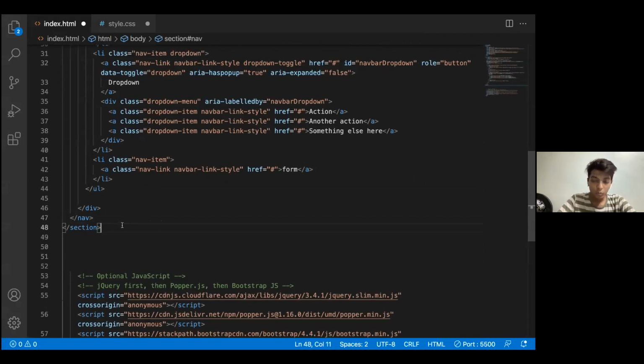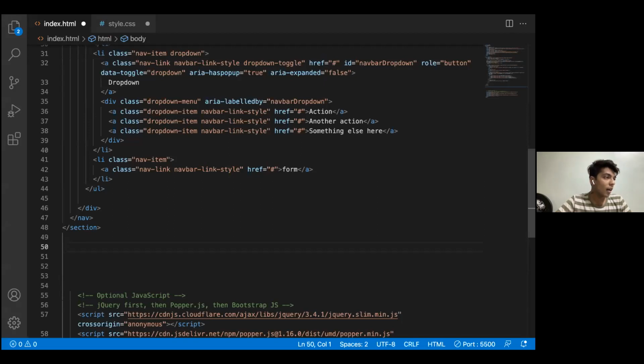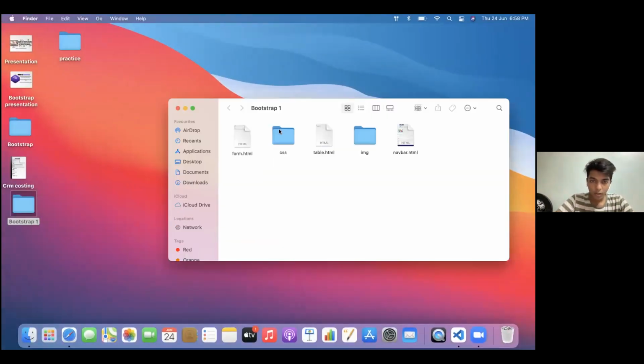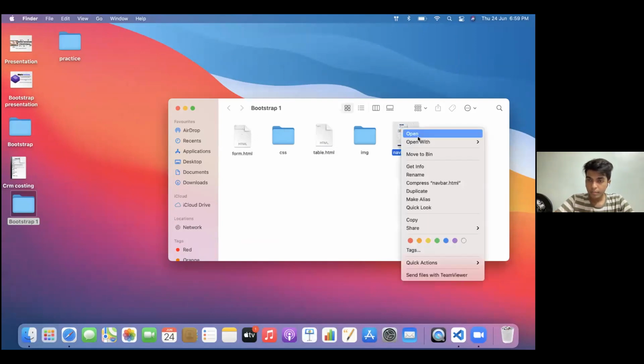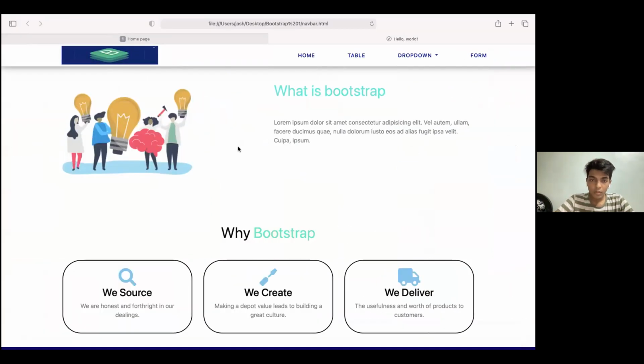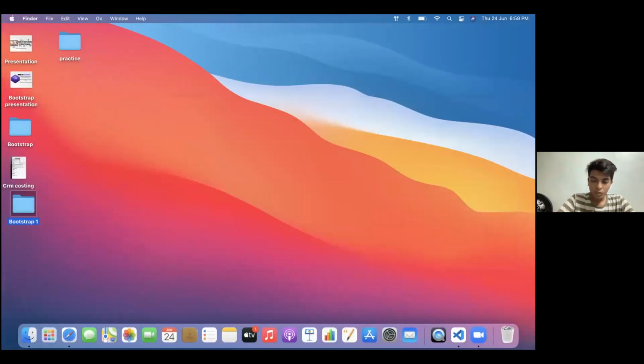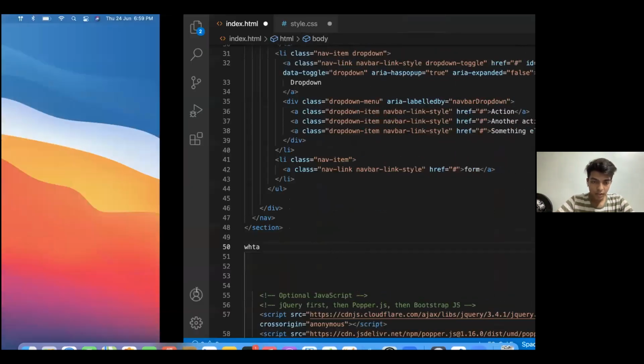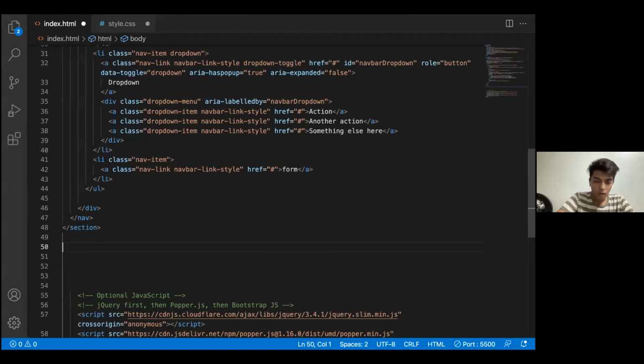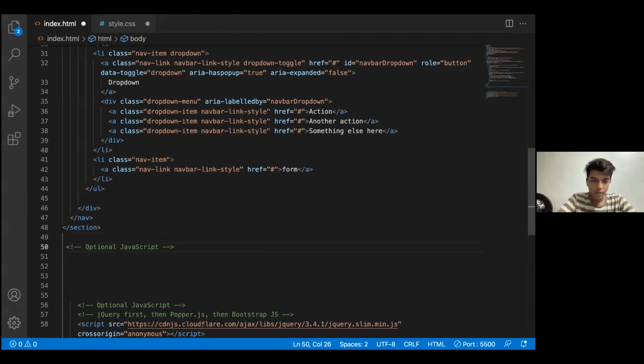I guess now we can move to the second part that we had seen. So the second part was why it is bootstrap. I'll just show you what we are going to make now. So now let's make what is bootstrap, which is present over here. I'll be commenting out first the things that I am doing, so that if I provide you with the code, you can have an idea about where is what.